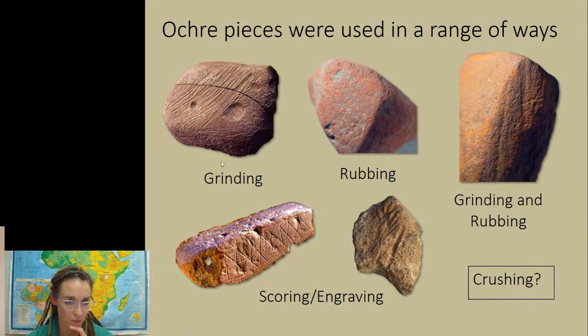And so we firstly have grinding. This is a piece from Blombos, where the ochre piece is actually ground against a hard grindstone and a hard surface, and you create a lot of really nice powder from that. Then rubbing, where there isn't as much change in the use wear or in the shape of the piece, but it's maybe from rubbing an ochre piece, usually a soft ochre piece, directly against skin, or perhaps on hide. Then grinding and rubbing, so you'll have some pieces that have a